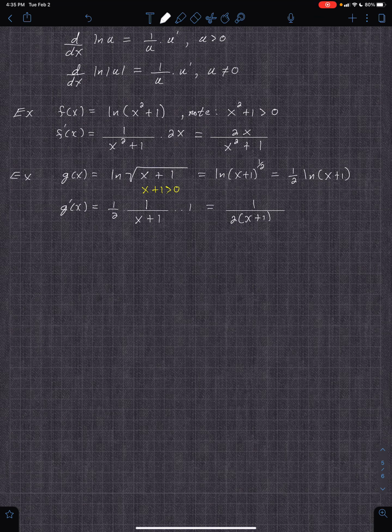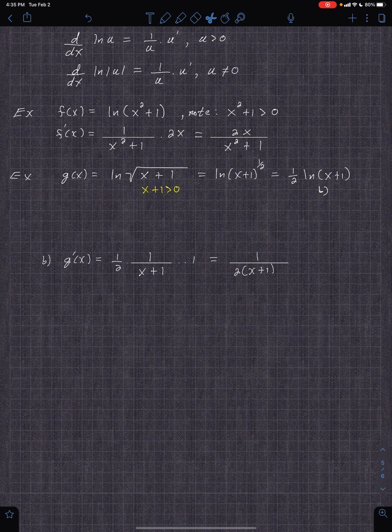This was b. So we just did the b method. What I wanted to show you was if you did not simplify it, it should be the same, of course. So if you did the first method